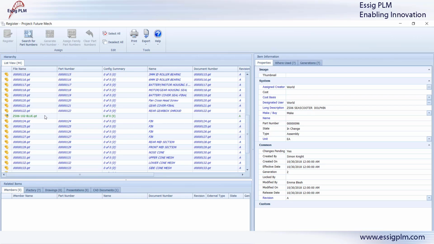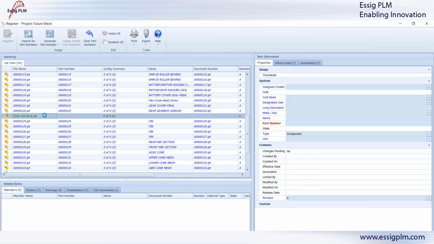Scrolling down the list, you can see that the component representing the new rear cover is highlighted in green, meaning there is no document item type associated with it yet, and the part number field is blank. The register document hierarchy function will handle that for us. Creating and assigning part numbers is an optional step, and if I choose to do that, I have several options. I can enter a part number manually,